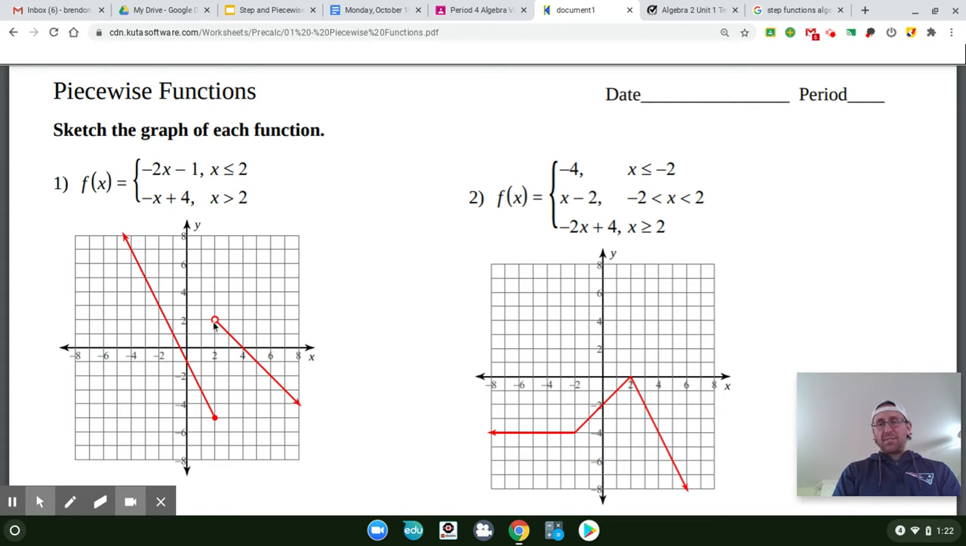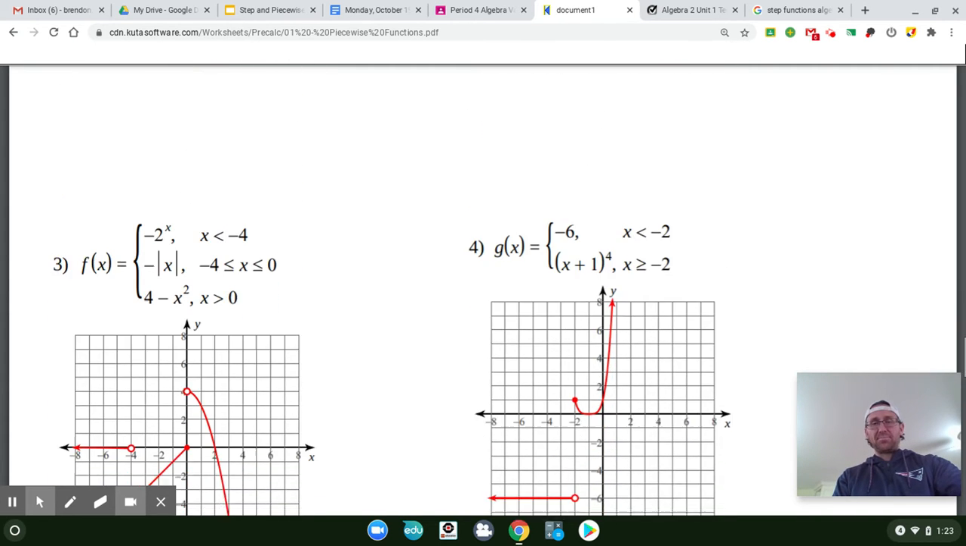The reason why this is an open circle is because of this symbol right here. It doesn't have the line underneath. When it has the line underneath, that means you close the circle. All right. If we look at another one,